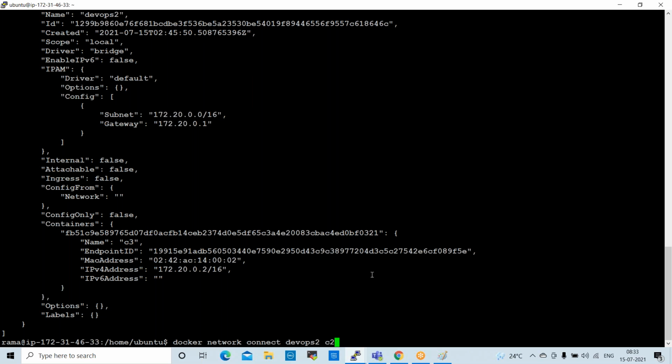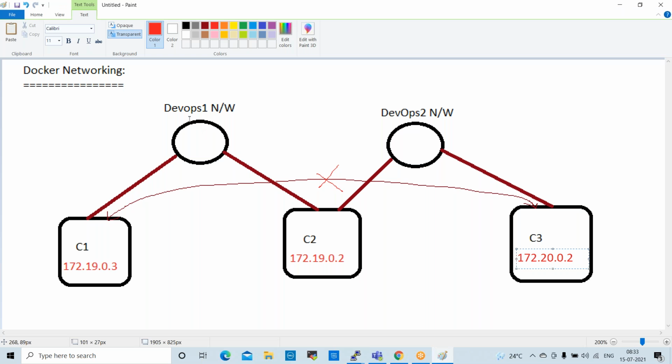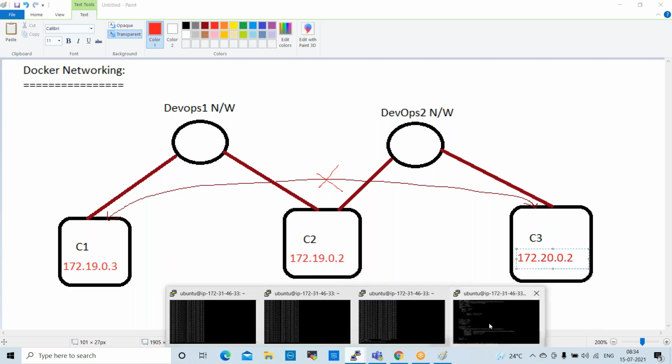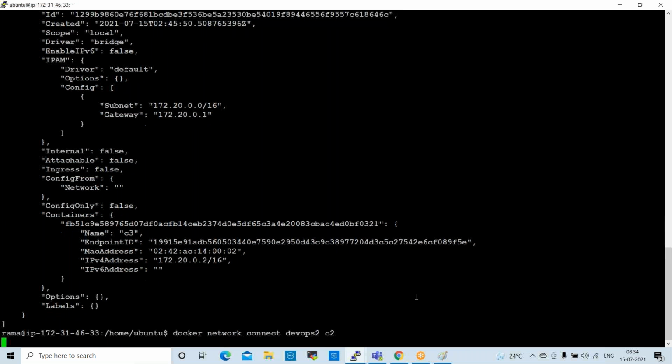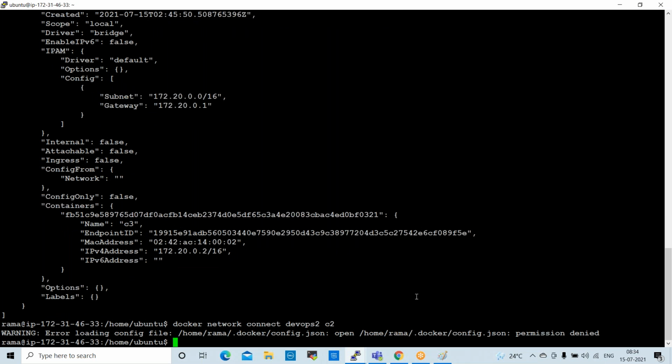So now I am connecting the C2 container to the DevOps 2 network also. By default it is connected only to the DevOps 1 network. Now I am connecting it to the DevOps 2 network. Enter. Now it is connected.